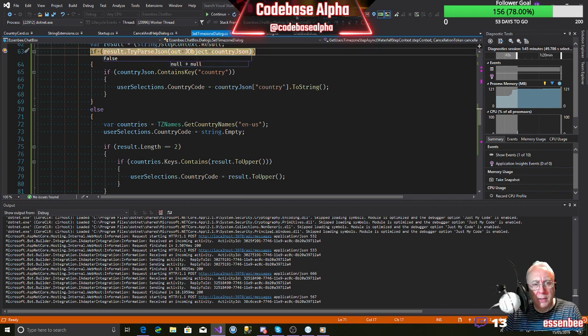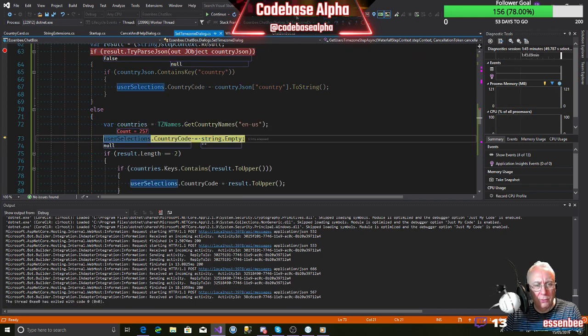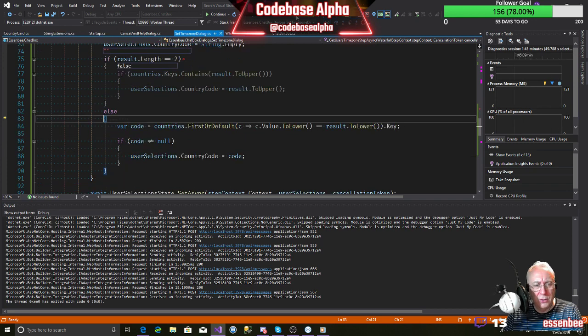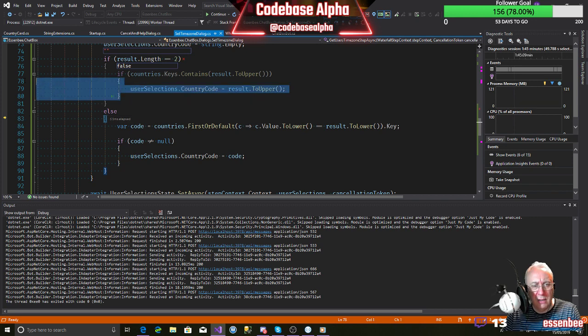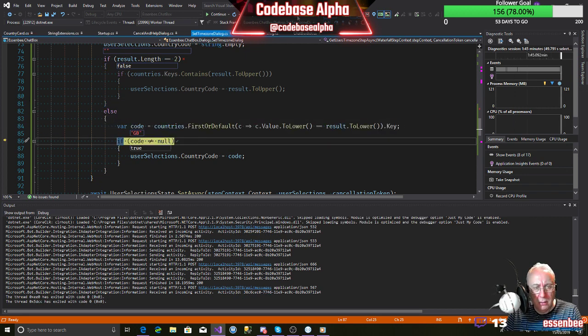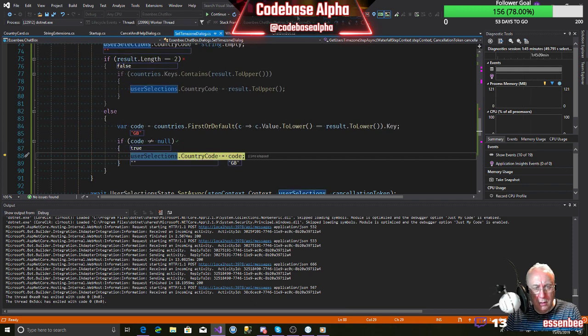Okay, so we're going to pass over that. We hit our else. Once again, the length isn't 2, and you can see how CodeRush has de-emphasized this code that's inside the if statement here. So this code here is all de-emphasized, so we know it's never going to go in there. This is highlighted, so we know it's going to go in, and we should now pick out GB. We do, and we get GB.